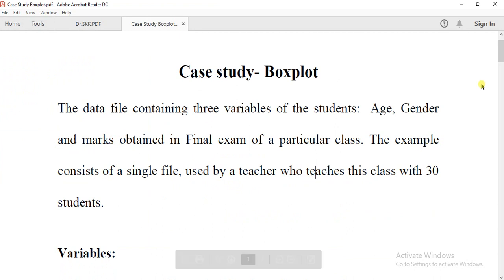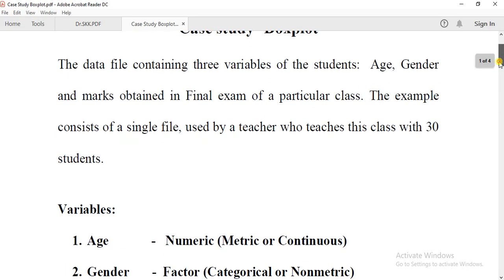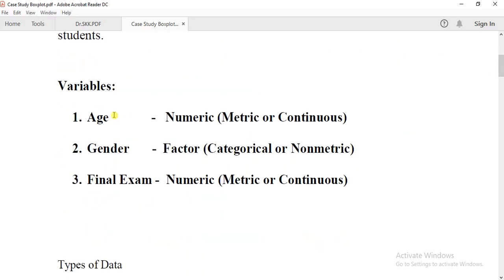We have discussed this case study in an earlier example also. The case study is very simple: 30 students in a class, and there are three variables. One is age, which is continuous or metric; gender, which is a factor or categorical variable; and final exam, which is continuous, meaning metric data.